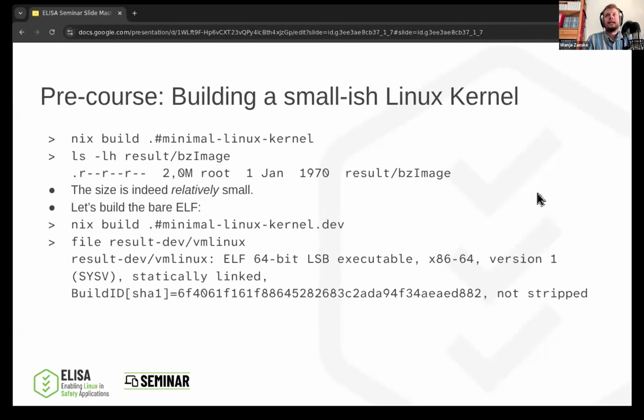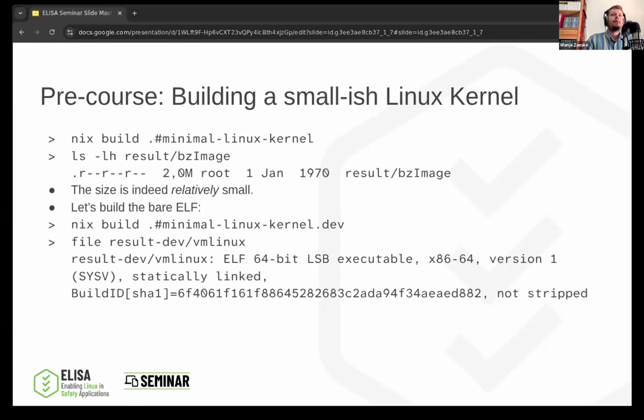So the L in ELISA stands for Linux, and so really this means we want to use the Linux kernel, which means we need to have a Linux kernel. It usually comes in source code, and we need to compile it. That pretty much sounds like a package itself. And indeed, in Nixpkgs, there are mechanisms to compile the Linux kernel with nice abstractions for various configuration tasks. The Linux kernel is a very configurable package. There are many things that you can turn off and turn on if you build a Linux kernel, and many things that you can change, like the architecture that you build it for.